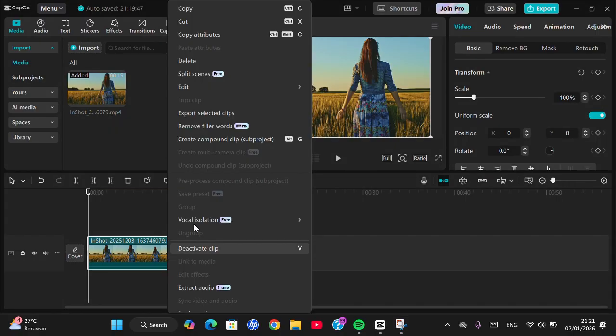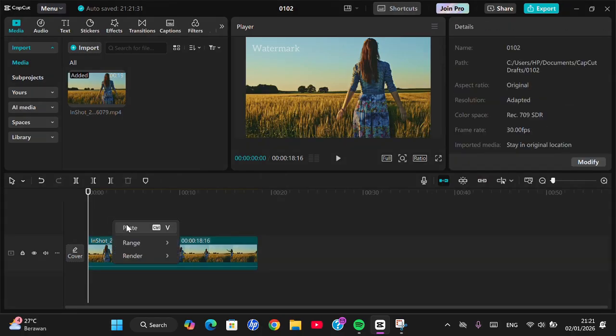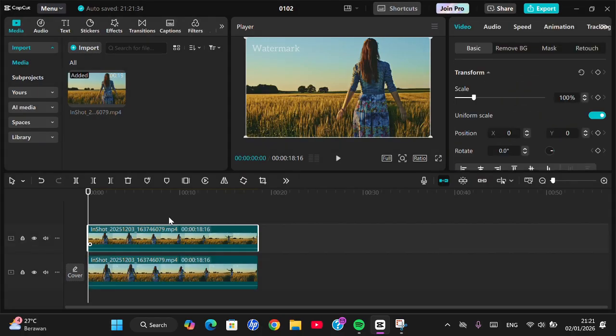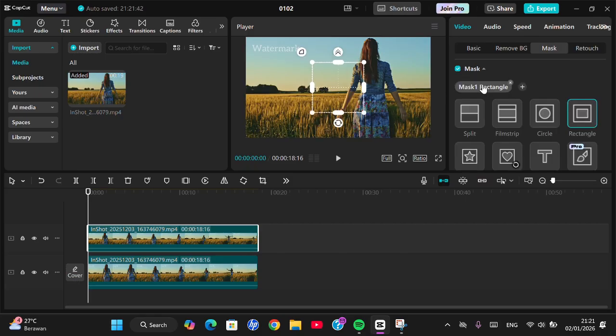You can duplicate your video first. I'm going to select copy and then paste. Okay, and then I'm going to go to the mask menu right here, select mask and then add mask, and you can choose the shape of the mask. For me, I'm going to choose the circle mask, and then we can adjust the size of the mask like this